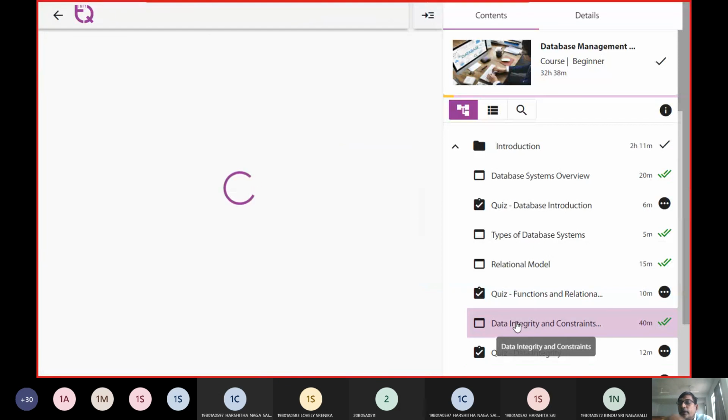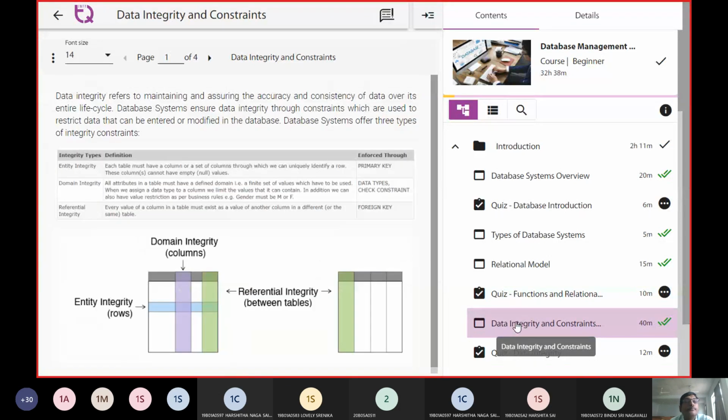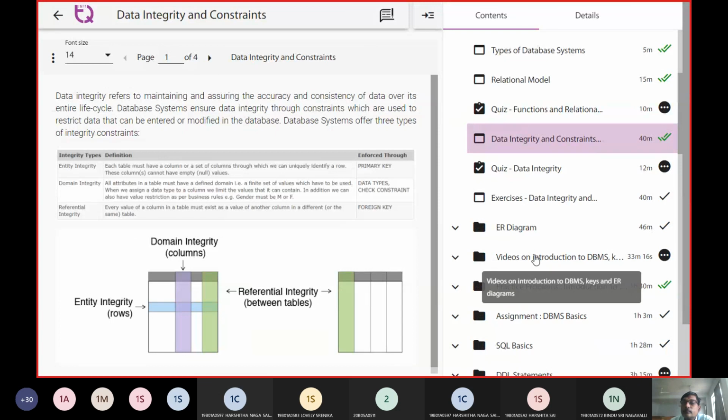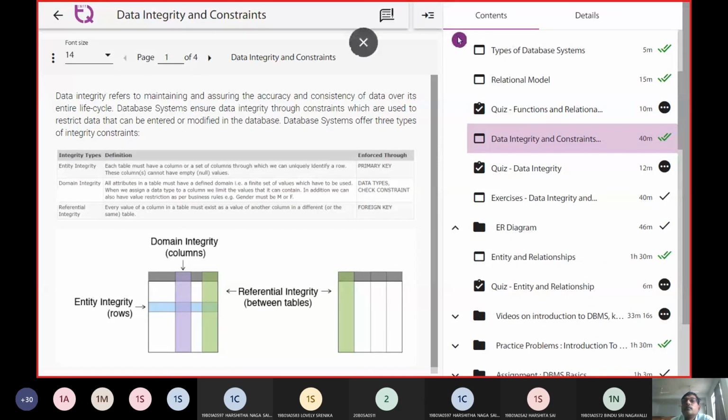We talked about data integrity and constraints.